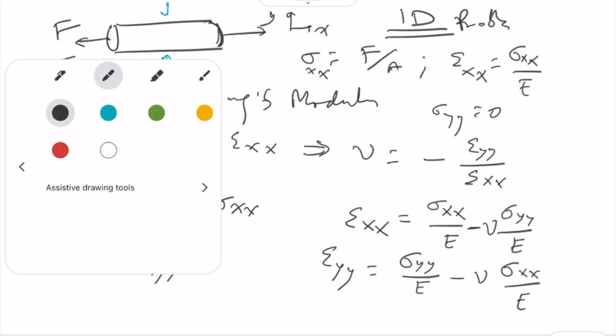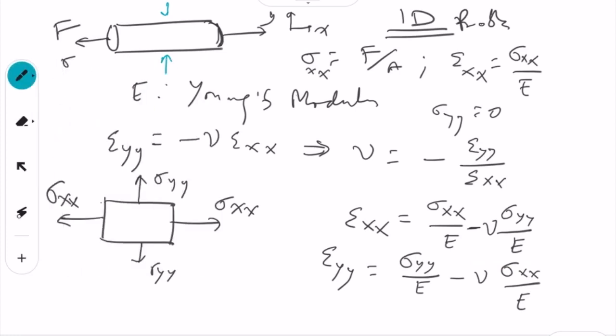So we can summarize this one, we can write simply like this. So this will be epsilon xx, epsilon yy is equal to, and then we can write like this, here we have 1 over E,